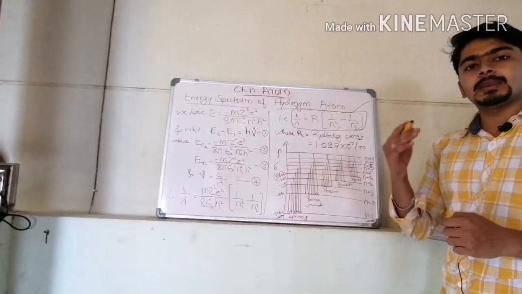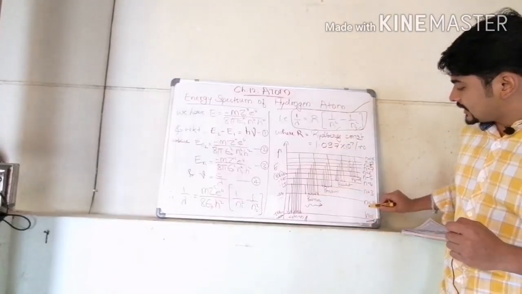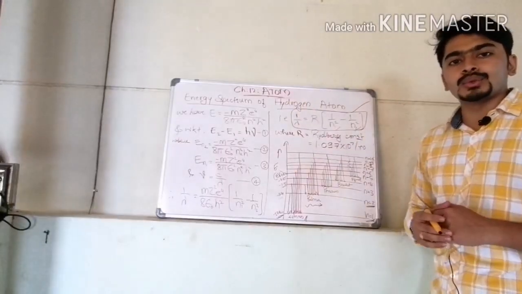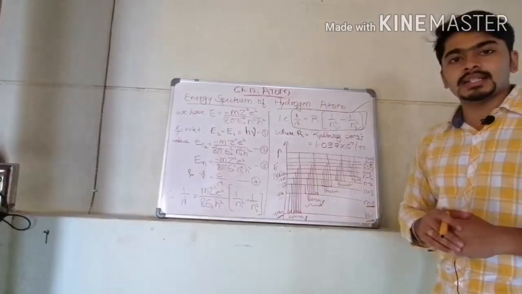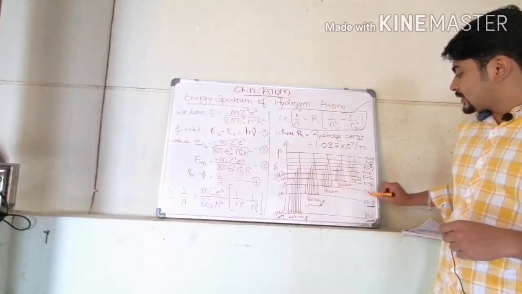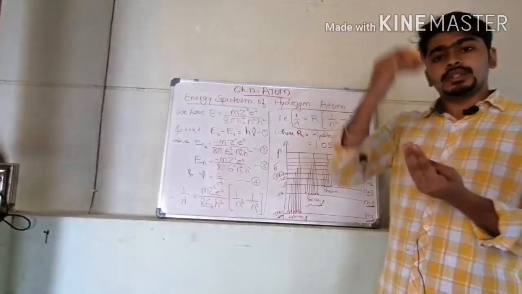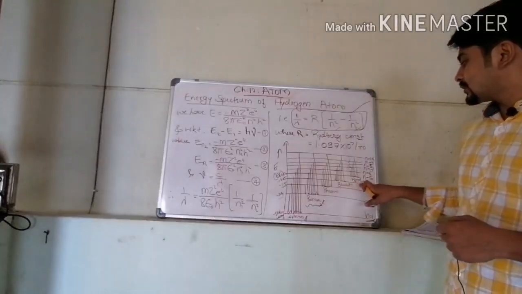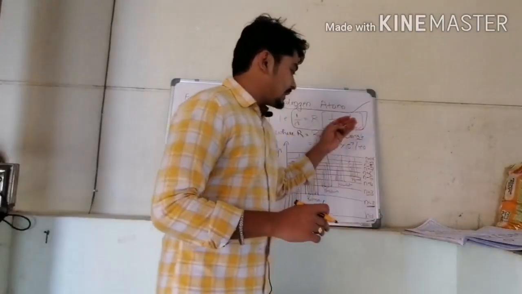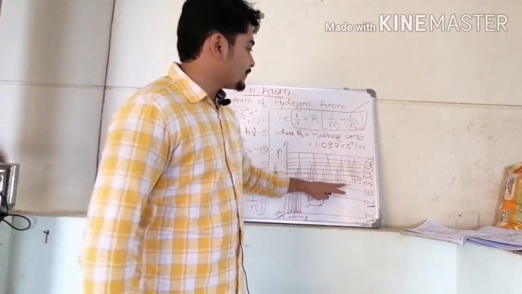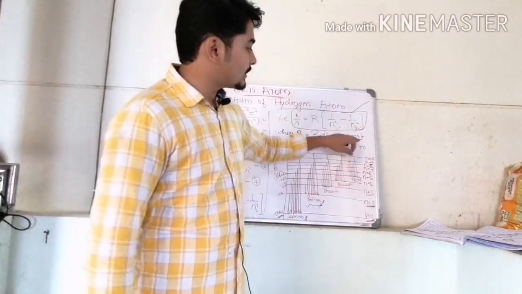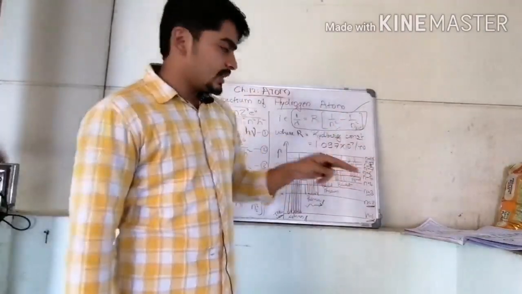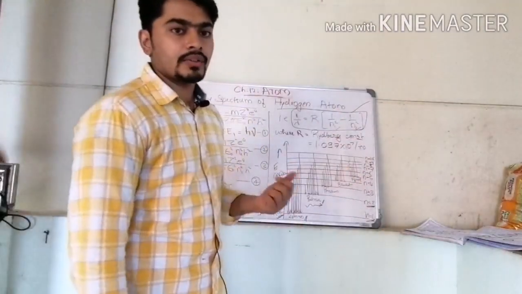Similarly, if an electron jumps from a higher energy level to the second energy level, n equal to 2, from n equal to 3, 4, 5, we will get the Balmer series. Similarly, for n equal to 3, if an electron jumps from a higher energy level to the third orbit, we arrive at the Paschen series. Similarly, n equal to 4, from a higher orbit to the fourth orbit, we will get the Brackett series. Similarly, from n equal to 6, 7, 8 to n equal to 5, we will get the Pfund series.